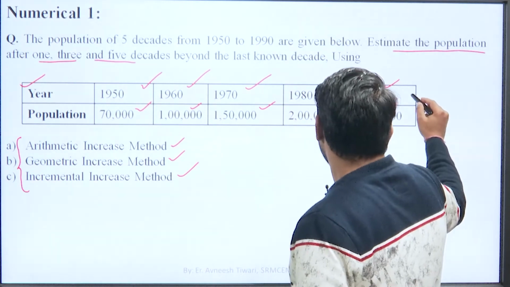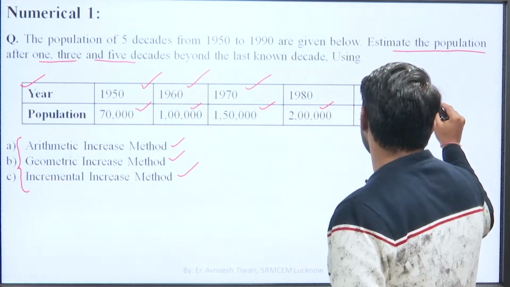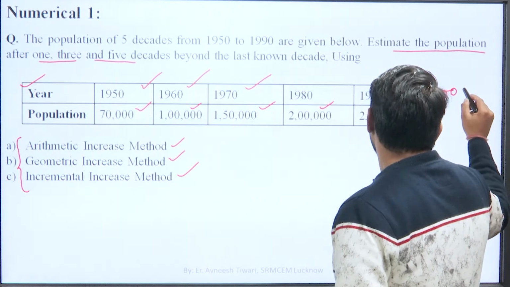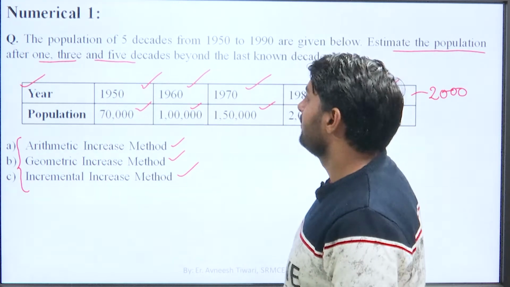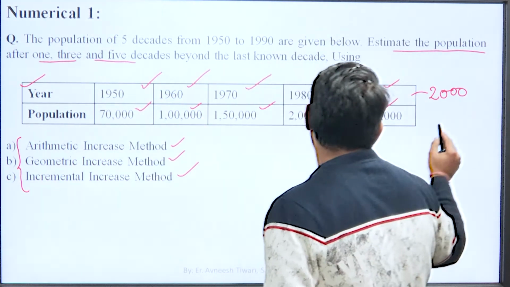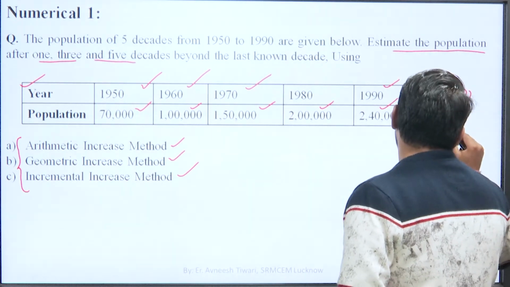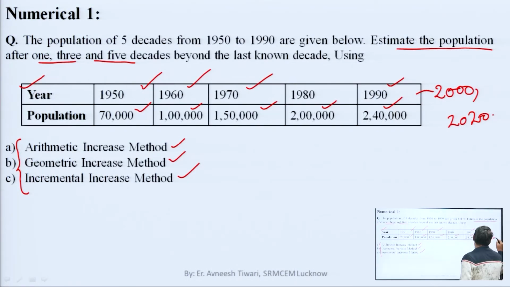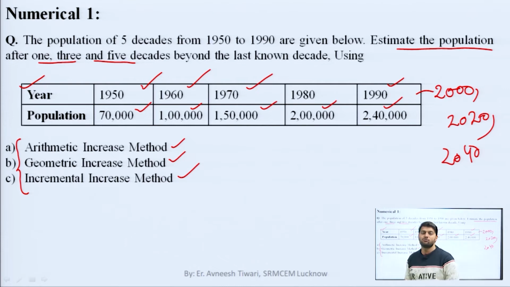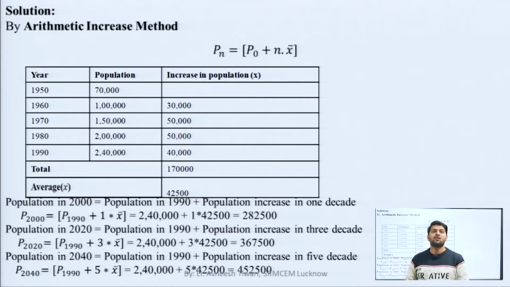After 1 decade of this means we have to estimate population in 2000, we have to estimate population in 2020, and we have to estimate population after 5 decades, means 2040, by using the given methods: arithmetic increase, geometric increase and incremental increase method. Coming to the first method, that is arithmetic increase method,